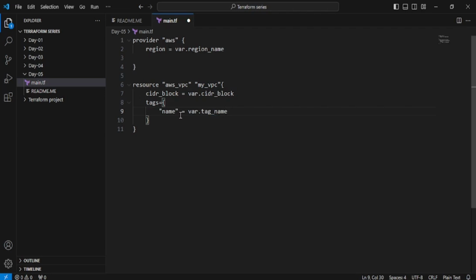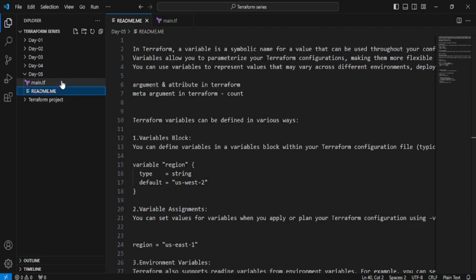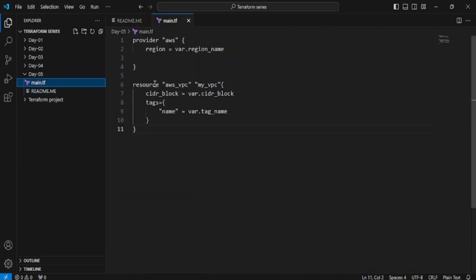Variable.tf file. If I check my configuration, it looks simple. I'm not specifying anything over here, I'm just saying create one VPC, and whatever parameters are required, that is going to call my one file, which is variable.tf. Let me save it over here. So we are passing some arguments, and the attributes will call the